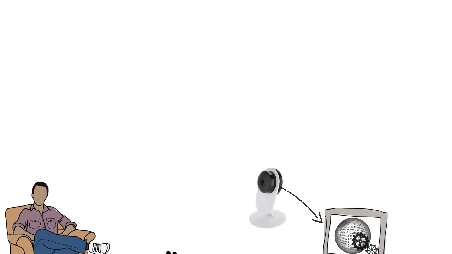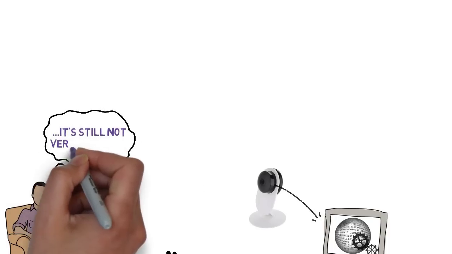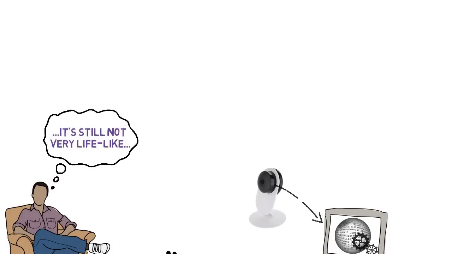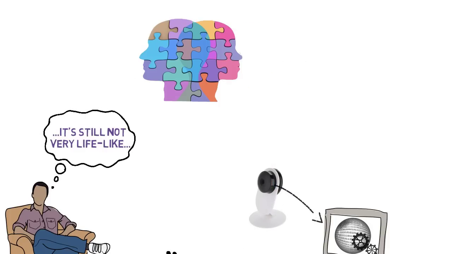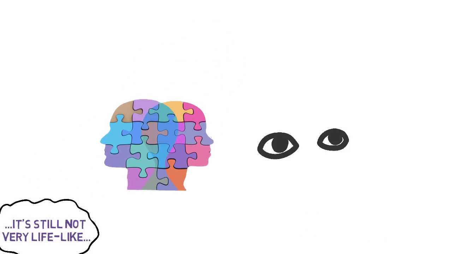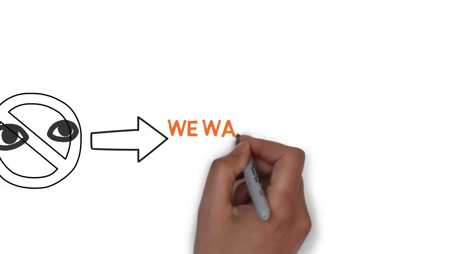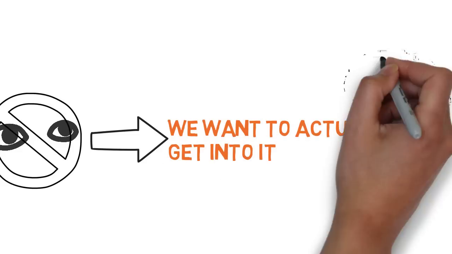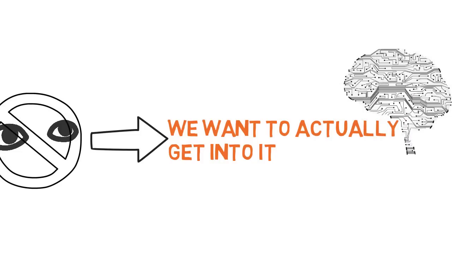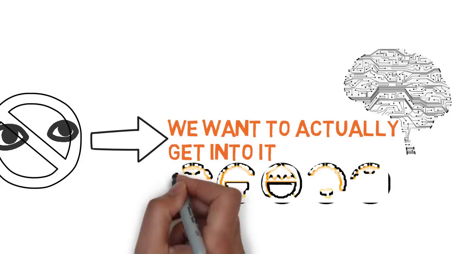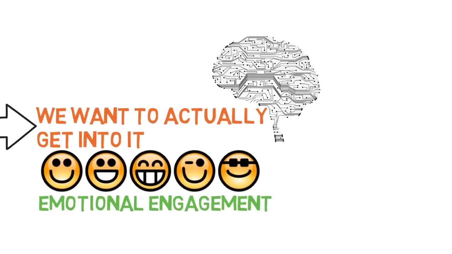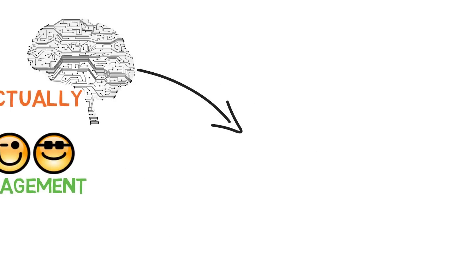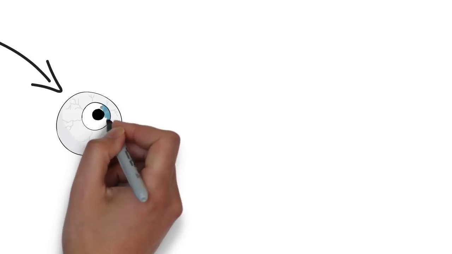You never know. But then, now, this is still not really the kind of reproduction we want. What we wanted when we looked at this scene is to be able to identify with one of the characters. We wanted to not just watch the drama that's being performed on the stage in front of us, but actually get into it. And so we want to be wired in with electrodes on the brain, so that we will actually feel the emotions of the people acting on the stage. And so eventually we will get absolutely perfect reproduction, and we will be able to see that image so vividly that we shall become it.